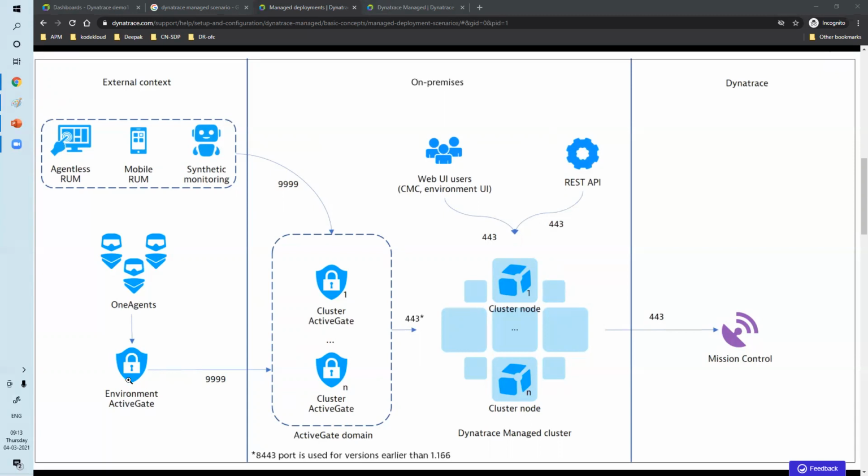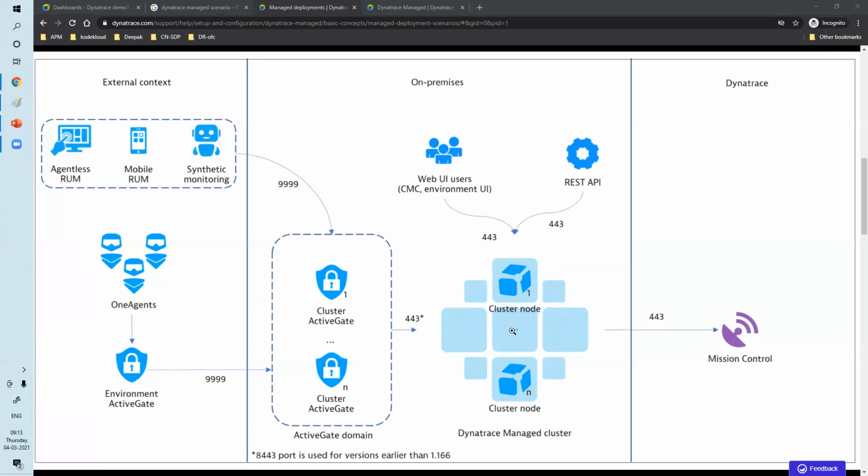It is also kind of a gateway, you can see that symbol. So OneAgent will send data to the Environment ActiveGate, the Environment ActiveGate will send the data to the Cluster ActiveGate, and the Cluster ActiveGate will send the data to the cluster node. But for agentless RUM, mobile RUM, and synthetic monitoring, the data is sent directly to the Cluster ActiveGate, and then to the cluster node.